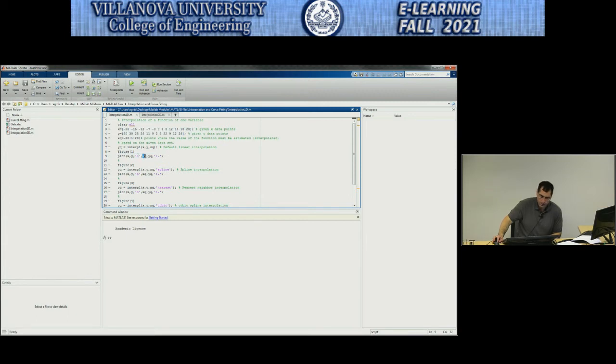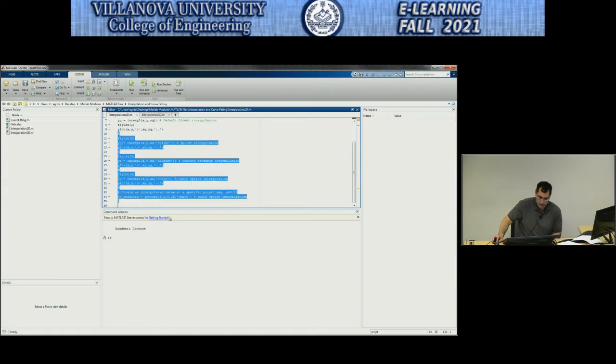And then I'm going to plot the interpolated value. The default interpolation is linear interpolation. So I'm going to plot them at the points where I interpolated the value of the function, xq, yq. And I add a little twist to this. I'm going to use the dotted and dashed line. So if you run MATLAB,